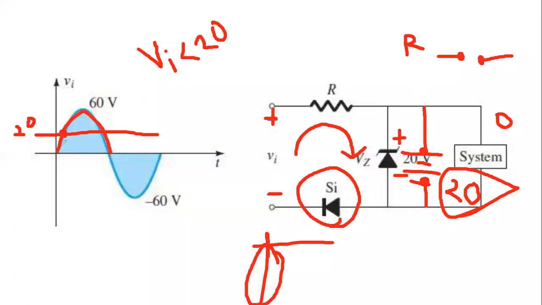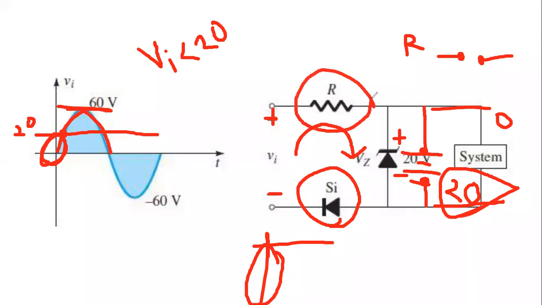But before 20 volt or 20.7 volt, the Zener diode is open circuit, so there will be no current flow. So the output will be zero. When it crosses the 20.7 volt, at that time it will be a voltage source, and the output is parallel with this Zener diode. So the voltage is 20. The output voltage will not cross 20 volt. Whatever the increase, as the maximum peak voltage is 60 volt, the rest of the voltage will be dropped